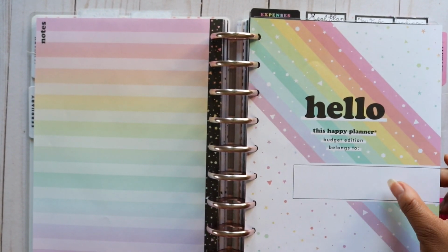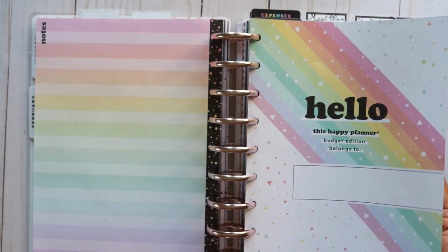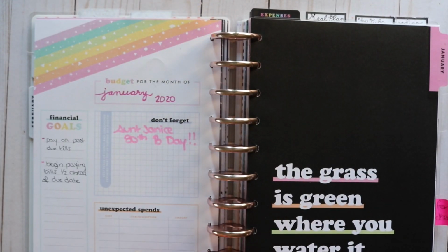I have not written my name in here yet. I don't know, I rarely write my name in my planner. That's the shocking part. Not usually until I'm done using it is when I write it in there. So